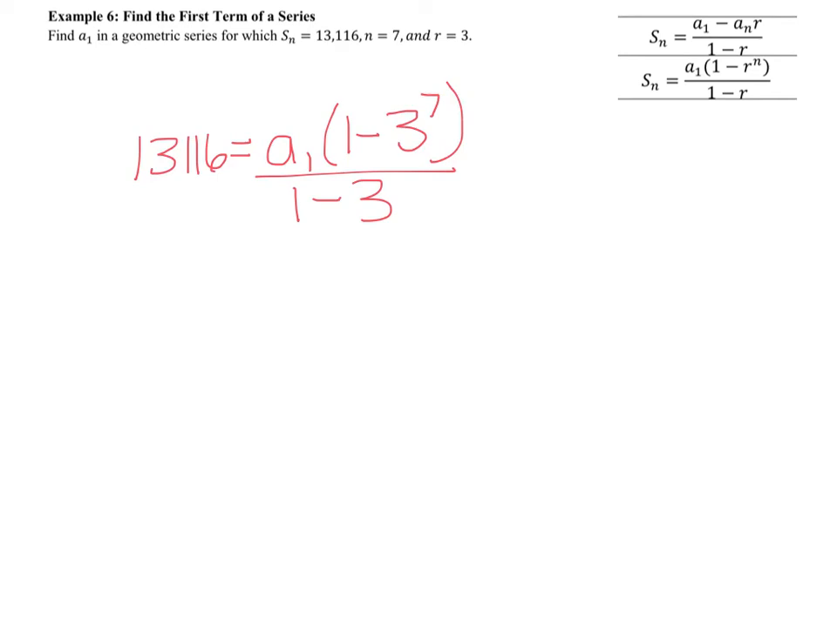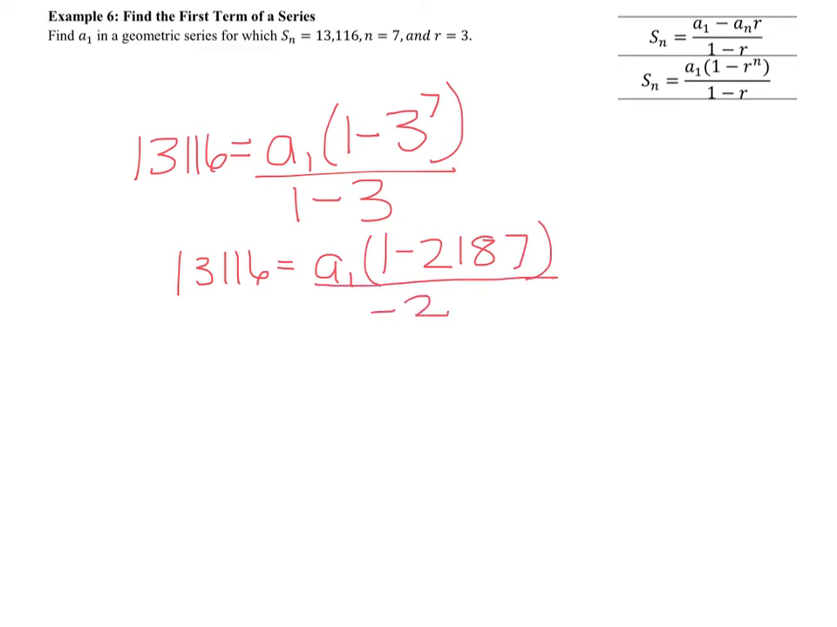So if I take 3 to the 7th power, that's going to give me 1 minus 2,187 all over 1 minus 3 is negative 2. I'm going to go ahead and multiply both sides by negative 2. And that's going to give me negative